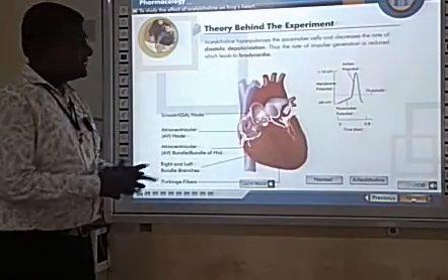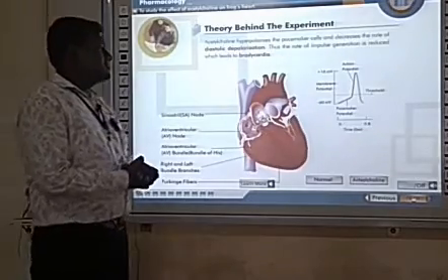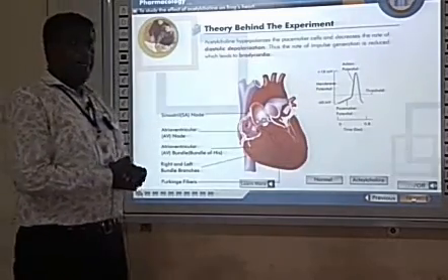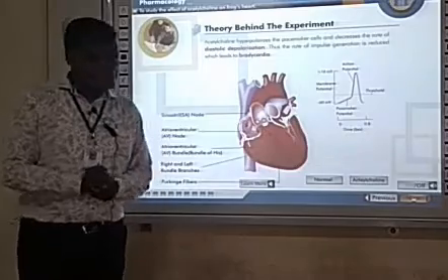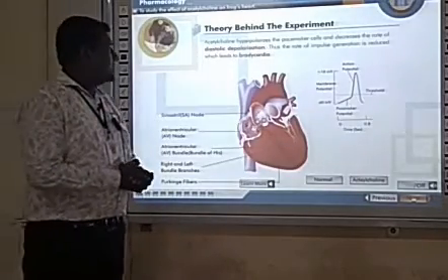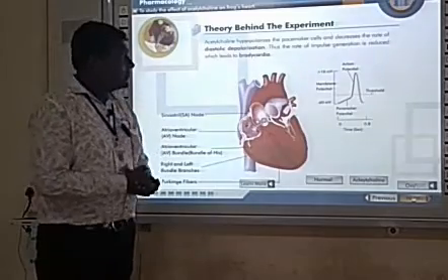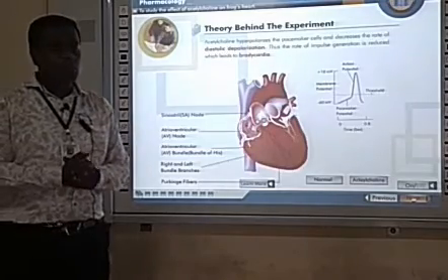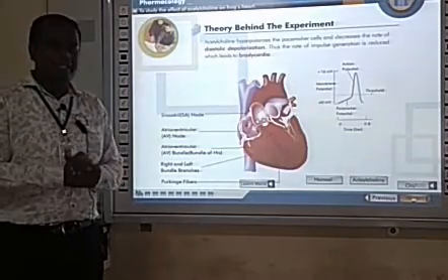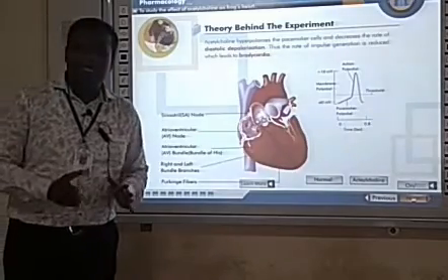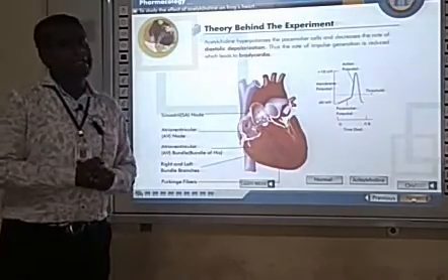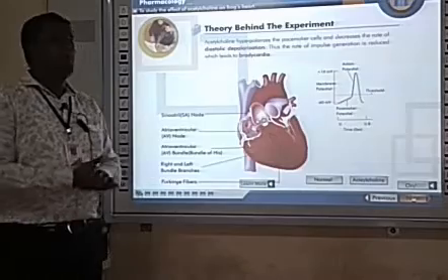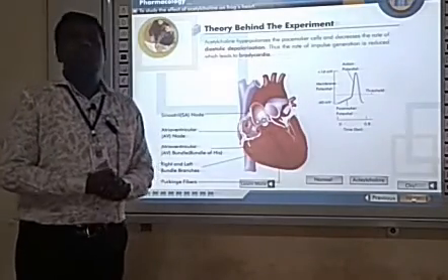So again, this consists of some of the graph after ingestion of the drug. Acetylcholine shows hyperpolarization of pacemaker cells and decreases heart rate. That is due to the diastolic depolarization, and thus the rate of impulse generation is reduced, which leads to bradycardia. Reduction in heart rate we call bradycardia, increase in heart rate we call tachycardia. So acetylcholine, which shows a bradycardia effect, means that acetylcholine is clinically useful in case of tachycardia.